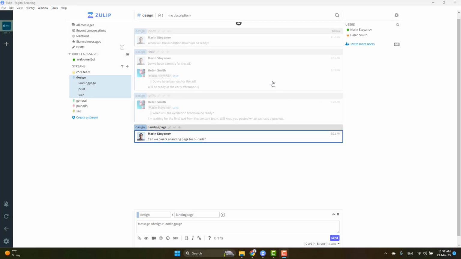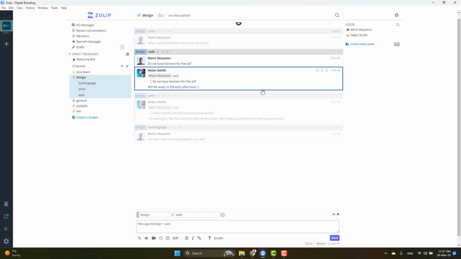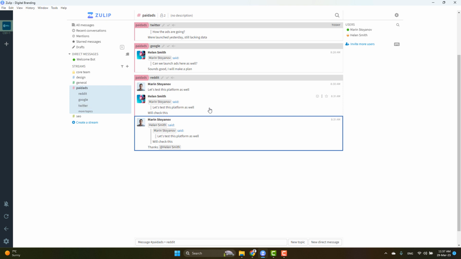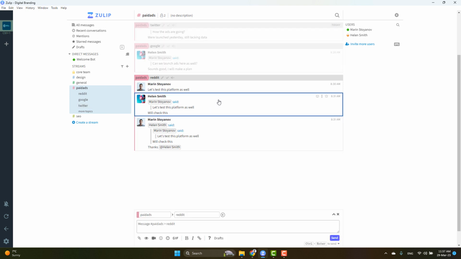Threaded conversations are a powerful tool for keeping discussions organized and easy to follow. In traditional messaging platforms, conversations tend to get cluttered and difficult to track, especially when multiple topics are being discussed simultaneously. With threaded conversations, you can keep related messages together in one thread, making it easier to follow the flow of the conversation and respond to specific messages.